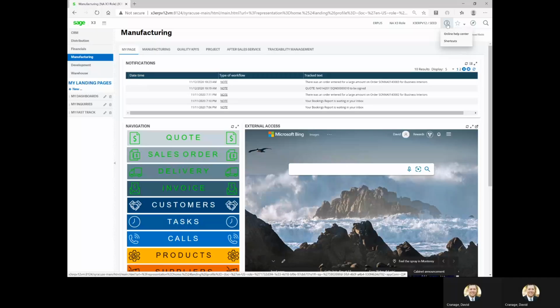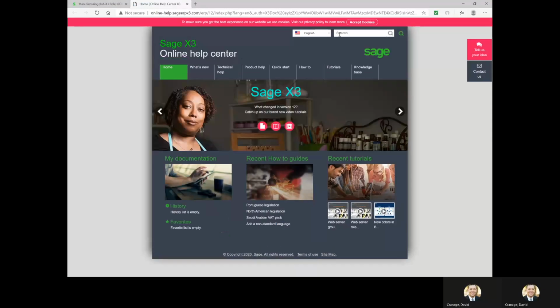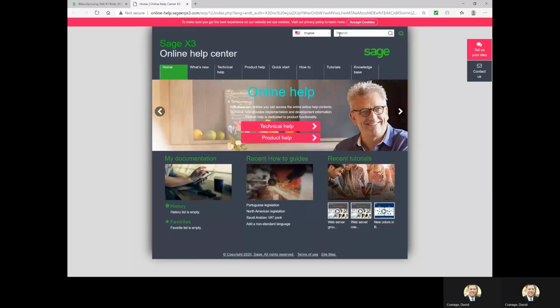So for people that would rather use the keyboard than a mouse, X3 accommodates that. If I just quickly jump out to the Help Center, the Help Center is always available. It's always being updated. It's a central tool for everybody to access, and it covers everything from, hey, what's new in the current release, to recently added tutorials, to technical help on how to do certain things around the system